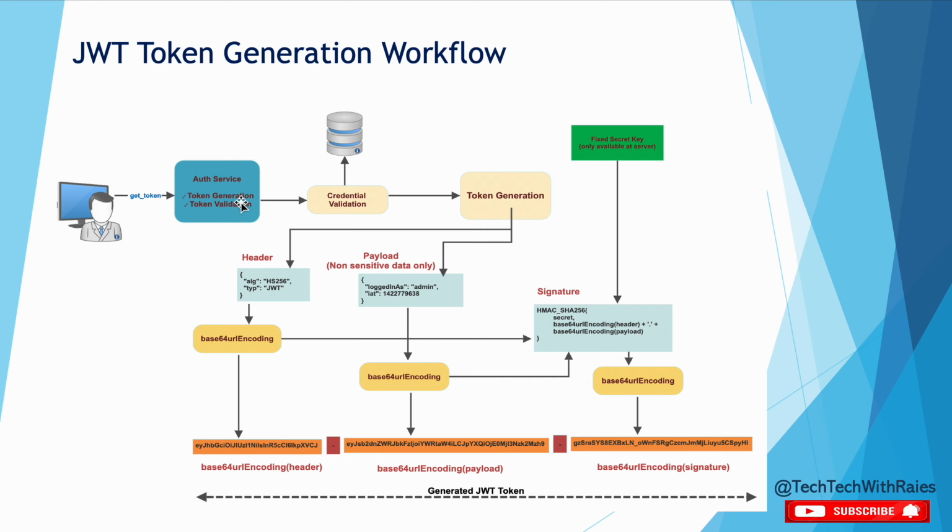How does this token generation happen? The client sends a request in the form of get token and it passes credentials. At the very first stage the credential validation happens, like in the previous slides I have shown you, like username and password will be validated, whether this user exists or not. If the user exists, then whether the password is correct or not. This kind of thing happens here. Once credential validation is successful,